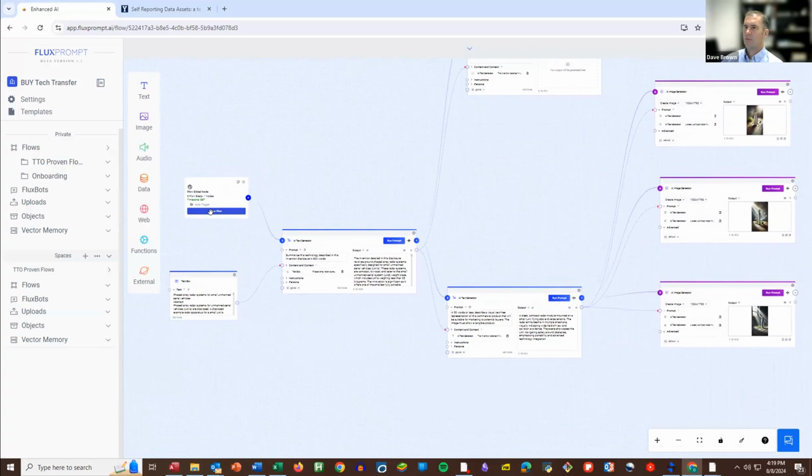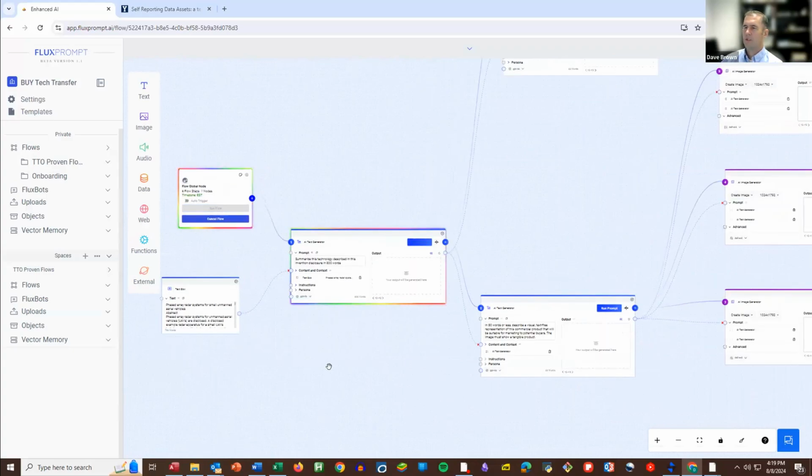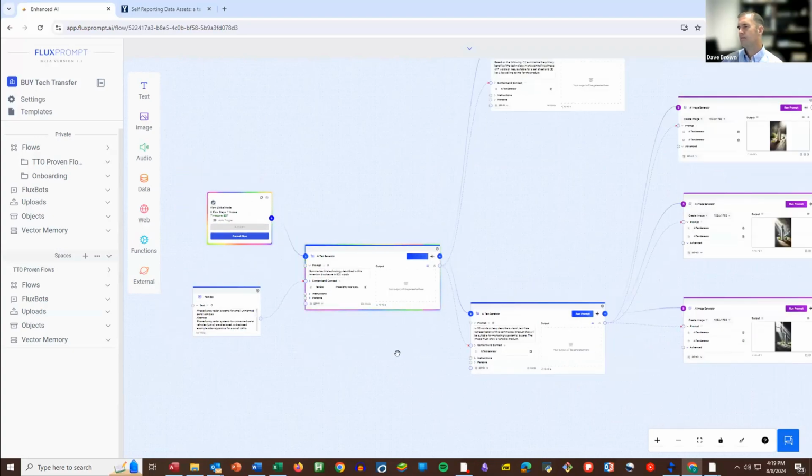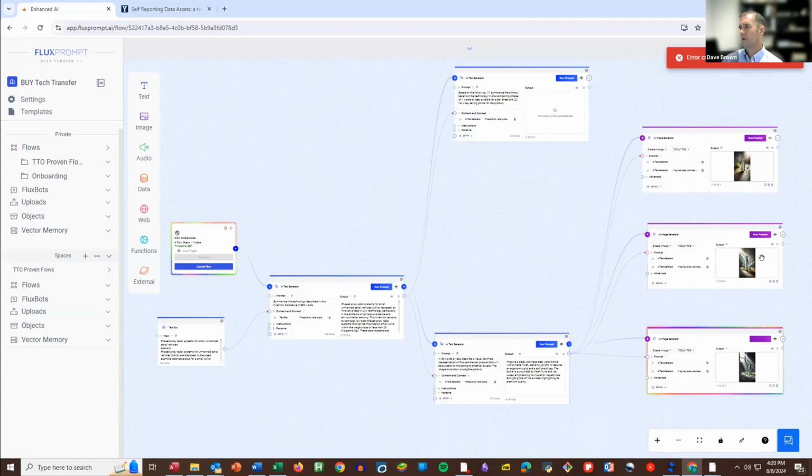Okay, so let's just do this and you'll see how it works. I'll click run prompt. I think I'll click run flow. And so it's taking my input and it's doing step 1 here. And so we'll see text appear here in just a second. And while we're talking about this, Brad, so it's doing stuff. It's going back and forth between the AI engines. That was really fast. Images maybe will take a little longer.